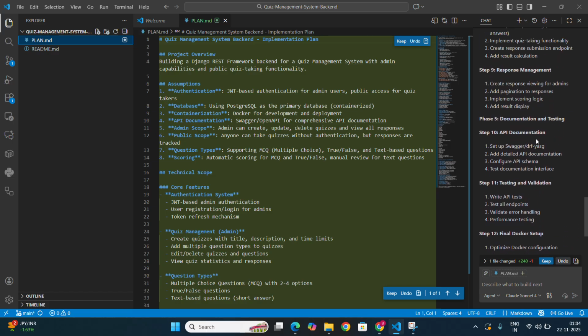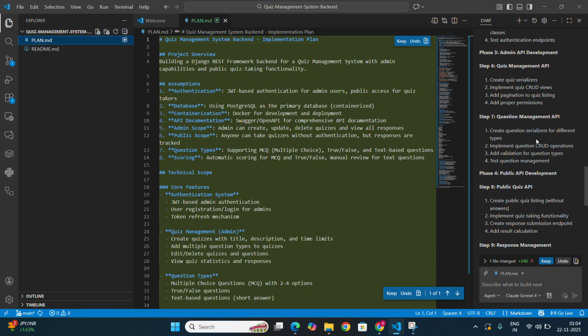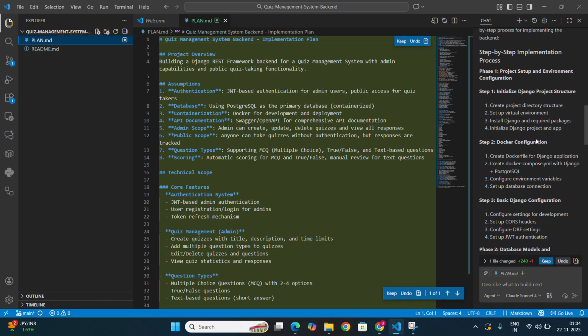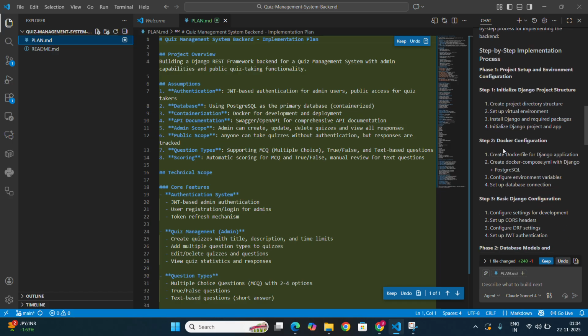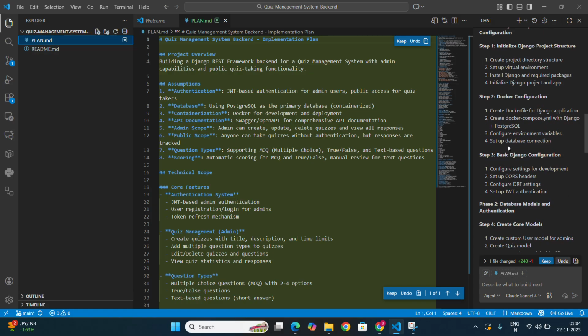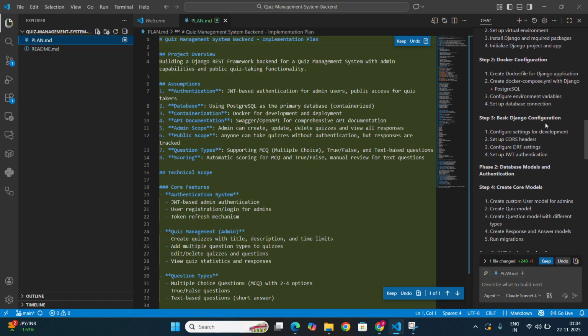So it has given me a total of 12 steps. We will be starting with step 1, initialize the Django project structure and all those things, then Docker configuration, creating a Docker Compose YAML file, that is very much important. Then the basic Django configurations like CORS, which is cross-origin resource sharing, that is very much important while